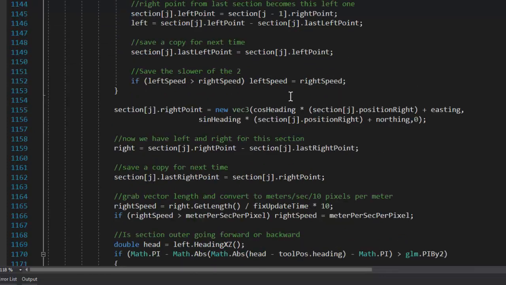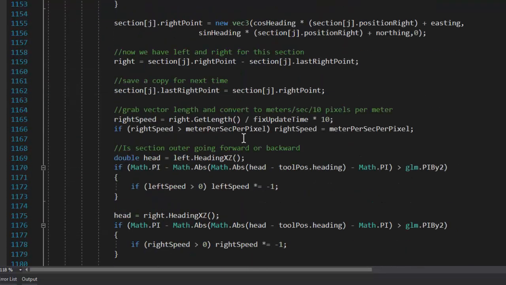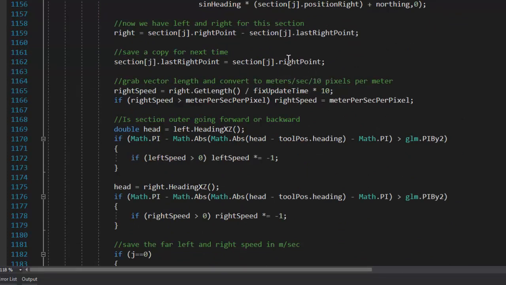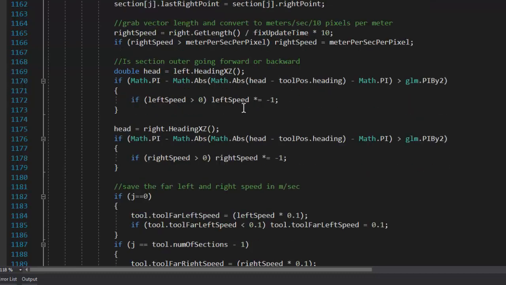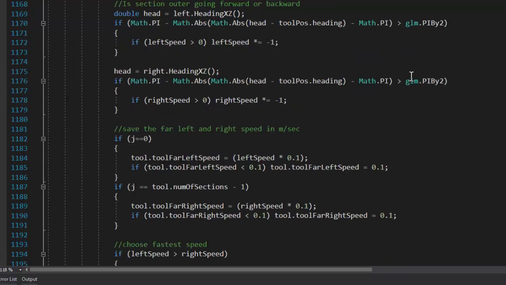So then we calculate the right speed, and we calculate the left speed for each and every section. This goes through all the different sections. So if there are 16 sections, it does all this 16 times. But if we can use the right calculation and flip it over to the left side and then just use that for the next section, that saves us half the calculations right there. And this is just how fast the right side is going. Now we figure out, using a careful way of using pi and half pi, whether you are going backwards or going forwards. I'm not going to bother explaining that. You can look at it and look it up. It's a very handy way of using pi